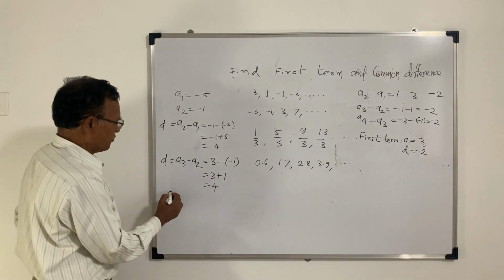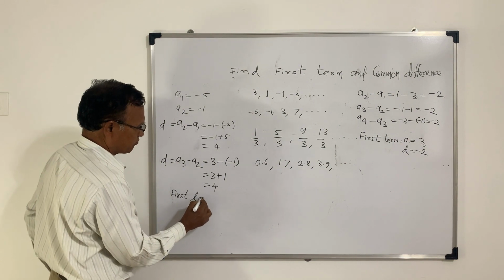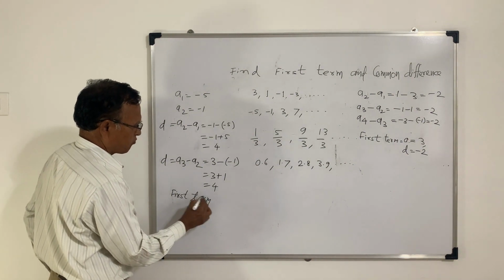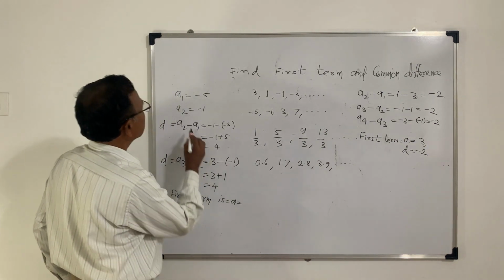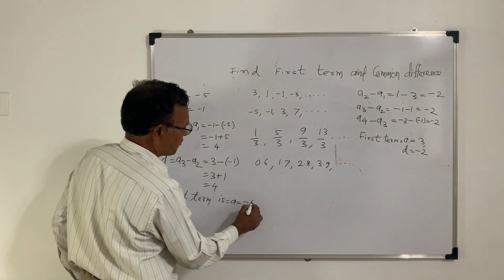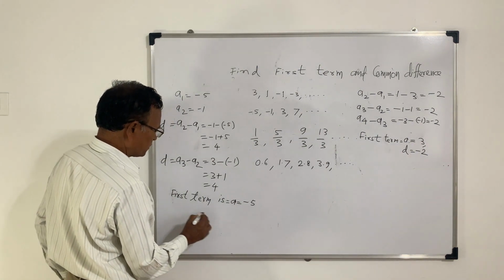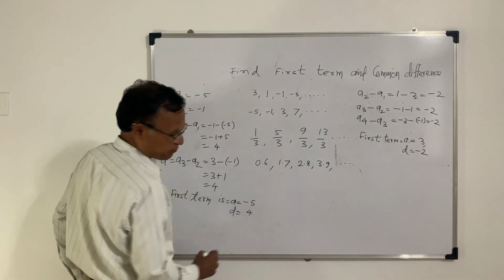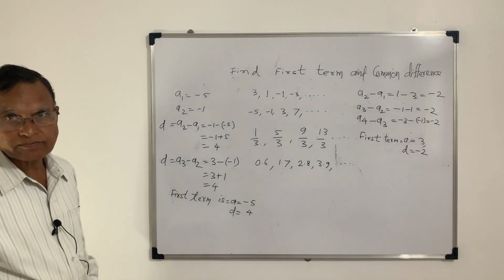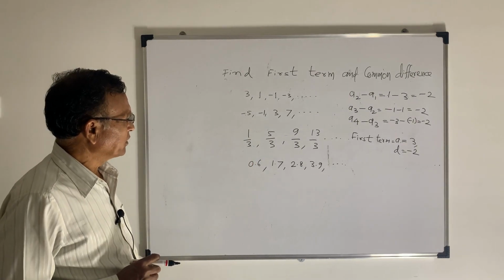So here first term is a, that is -5, and common difference D is 4. अभी जो थर्ड अर्थमेटिक प्रोग्रेशन है